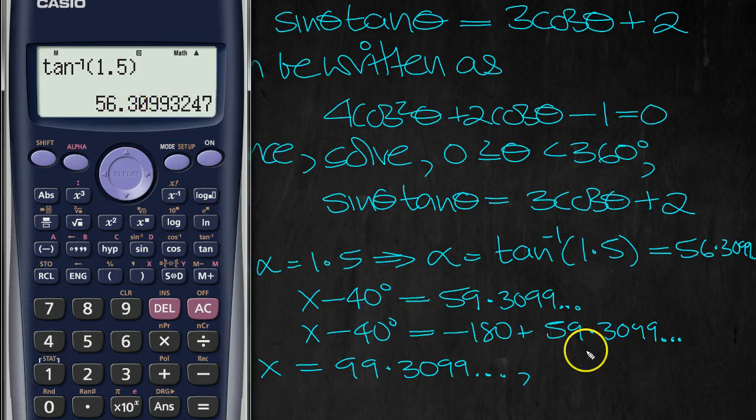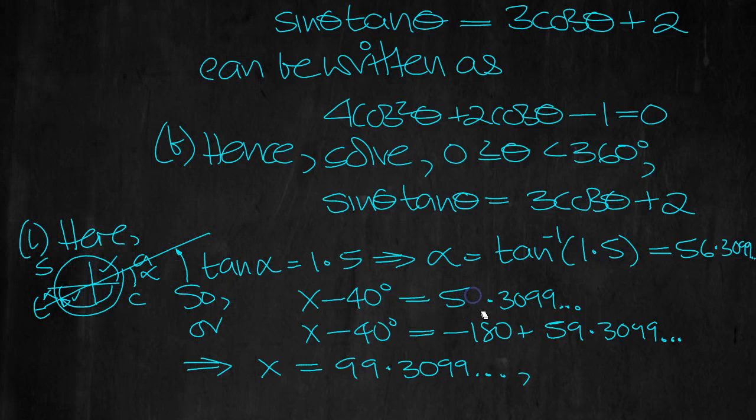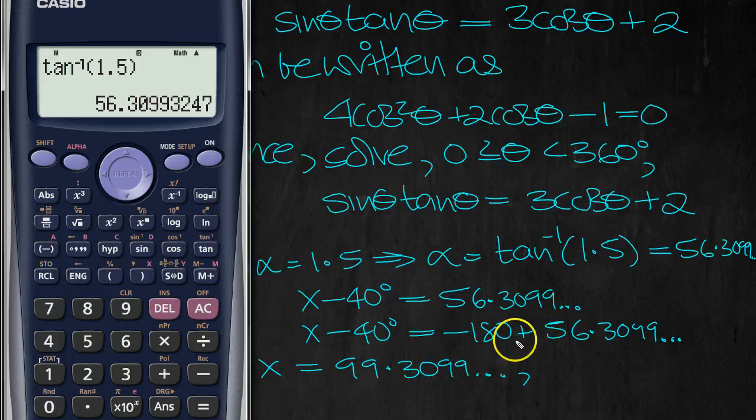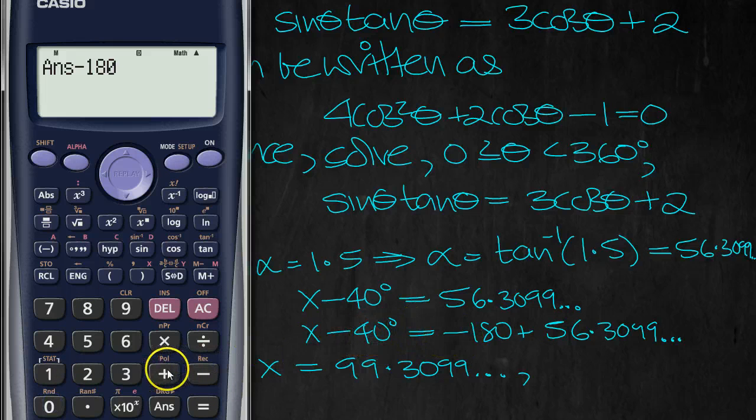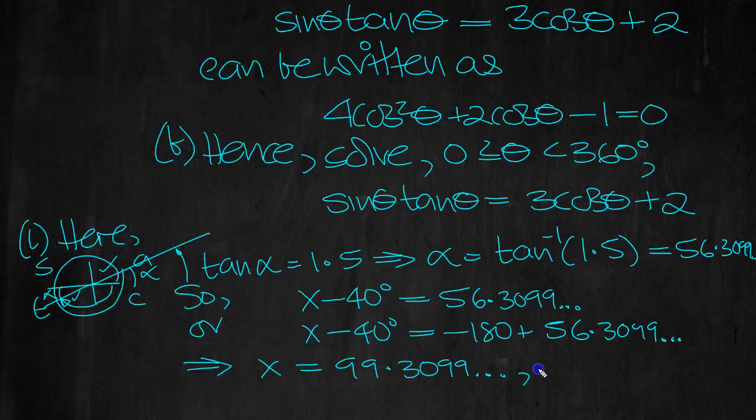Oh, I wrote it down wrong here. It's 56, isn't it? Let me just change that then. Here and here. Put the 6 in. Apologies for that. Let's go back to our calculator. So it's 56.3099 minus 180, plus 40 when we move it over, plus 40 equals